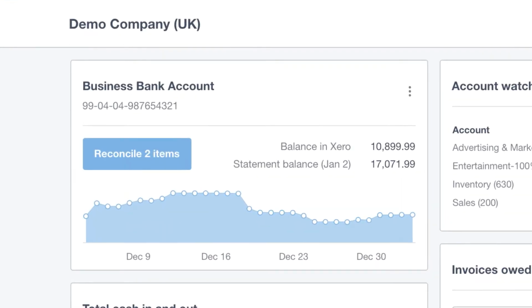First up, the banking tile. This is the tile your eye is immediately drawn to when you open your dashboard. We just have one bank account today, but what this tile gives you is complete visibility for each of your bank accounts. You can see how much money you have in your bank accounts and the balance in Xero. Xero has a direct relationship with most of the main UK banks,